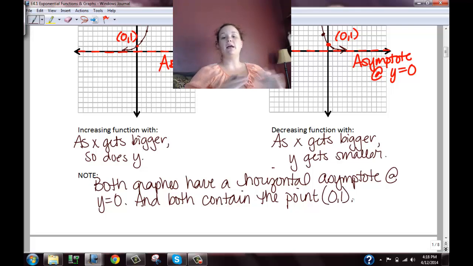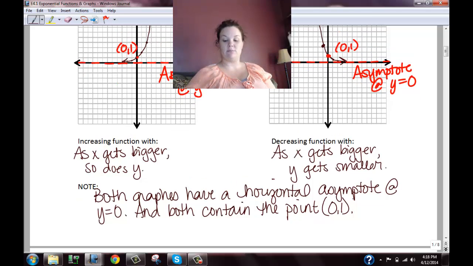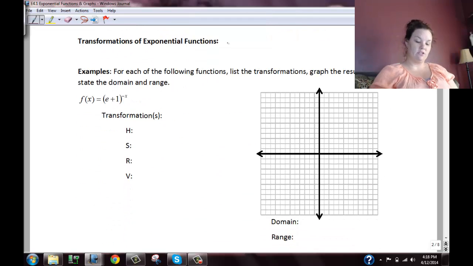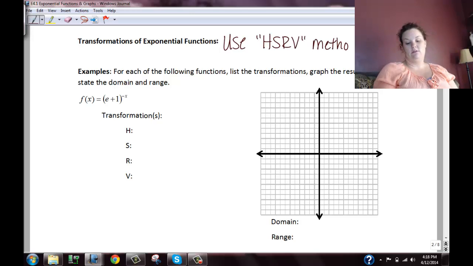Okay, so all exponential functions in their most basic form contain the point (0, 1) and have a horizontal asymptote at y equals 0. So now that we can see how to figure out what their base form looks like, their most basic form of the graph, what that picture looks like, now we're going to start doing transformations like we did before. So to do transformations of exponential functions, we use what I'll call the HSRV method,